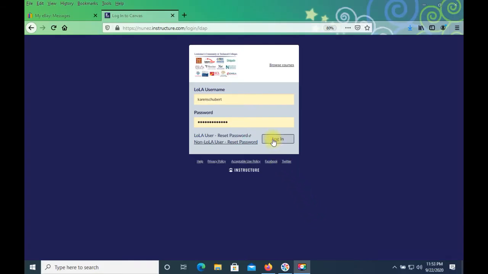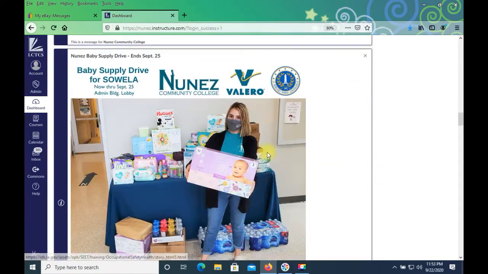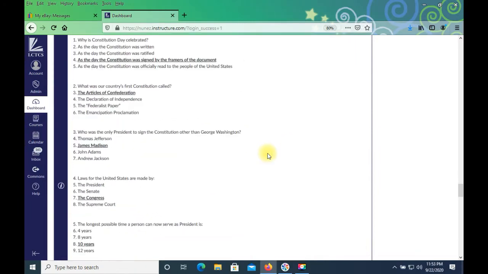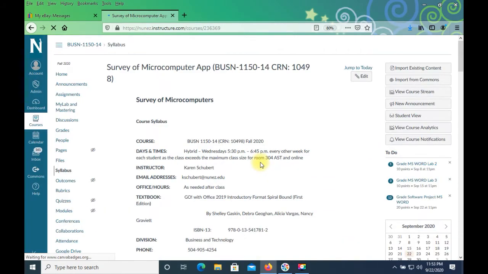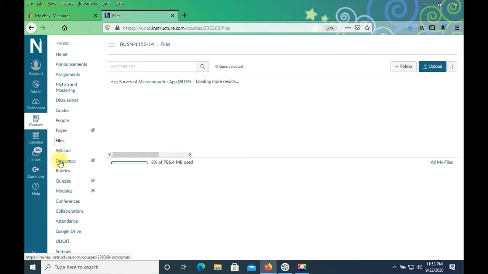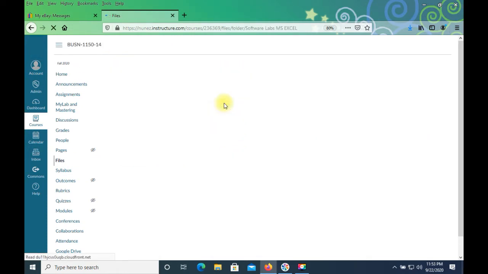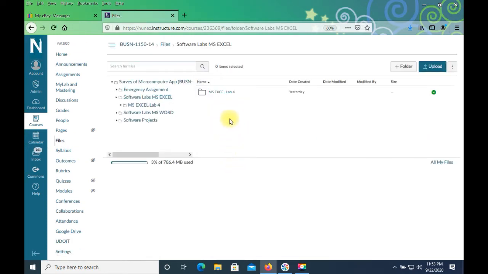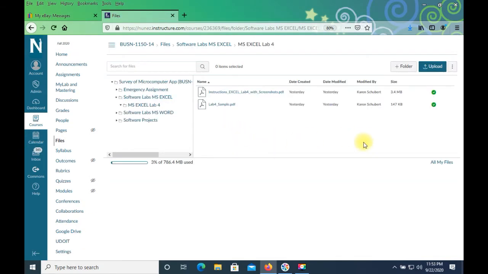To begin, log into Canvas, locate your course, go to the Files section, go to the folder Software Labs MS Excel, go to the folder MS Excel Lab 4, then download the instructions for the lab,